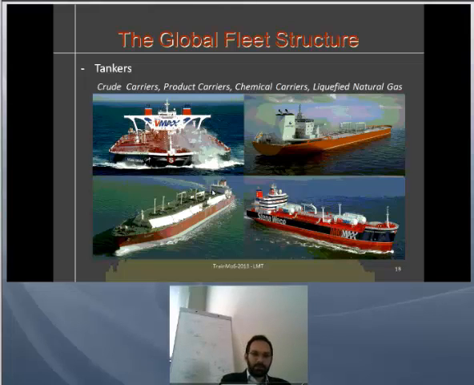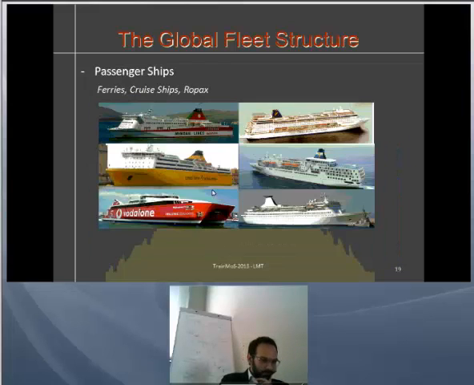Then we go to passenger ships. As we said, we have the ferries, cruise ships, and RoPax vessels. You can see an example of RoPax vessels. They're mainly used for transporting passengers and also cargo goods, but wheeled cargo, let's say either passenger cars or trailers. There has been a substantial growth of the European fleet of RoPax vessels in the last decade,